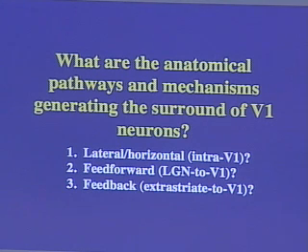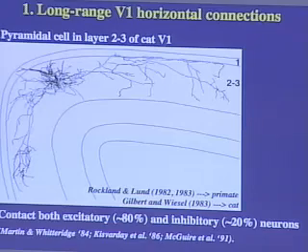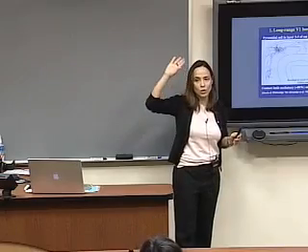So a major question in the field is, of course, what are these center-surround interactions for in vision? And a second question is, how are they generated and how do they occur in the visual cortex? What are the pathways and the mechanisms by which neurons acquire these responses? And there are a number of circuits that may be involved. Originally it was proposed that long-range V1 horizontal connections are the substrate for center-surround interactions in V1. What are these? Okay, let me first explain this slide. This is a transverse section of cat visual cortex in this case.